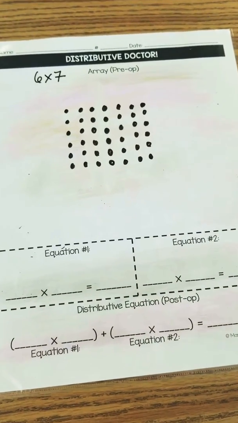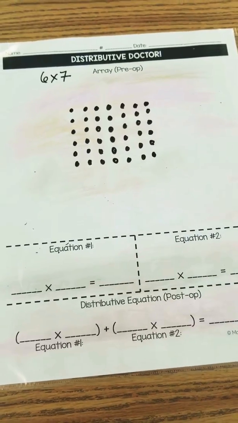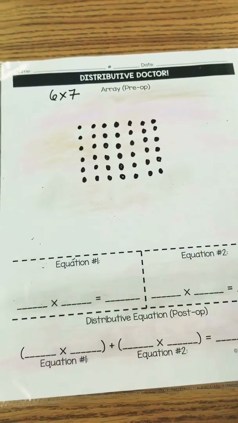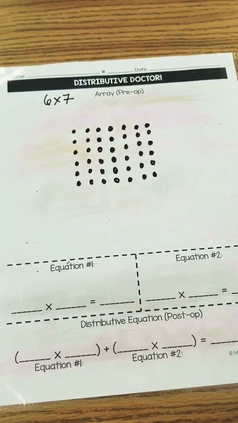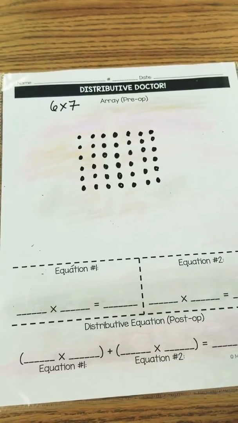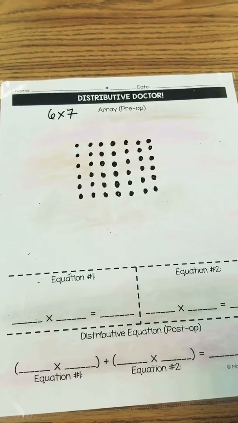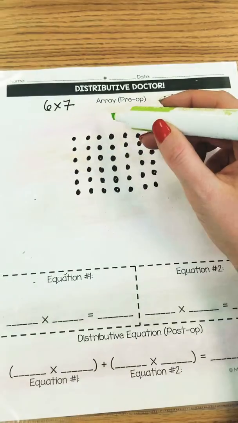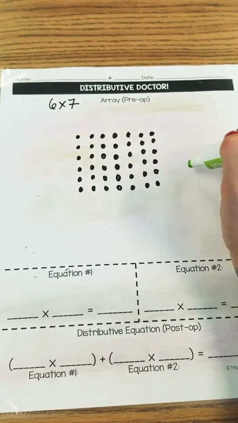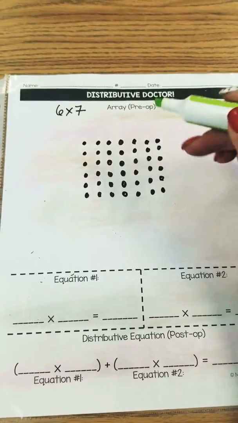The reason why we say doctor is because we're actually going to perform an operation on this array so that we can break it apart into two smaller arrays. And we have to make an incision. The incision that we draw is going to be either a line that's horizontal or vertical, breaking apart the array